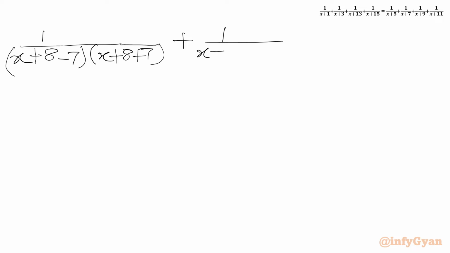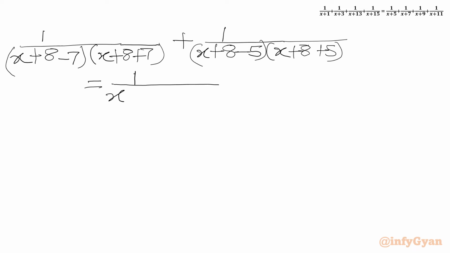We will write x plus 8 minus 5 times x plus 8 plus 5, equal to 1 over x plus 5 times x plus 11, which we will write as 1 over x plus 8 minus 3 times x plus 8 plus 3